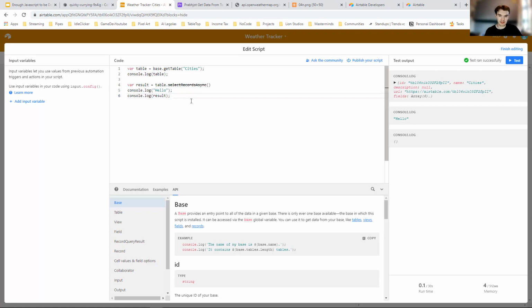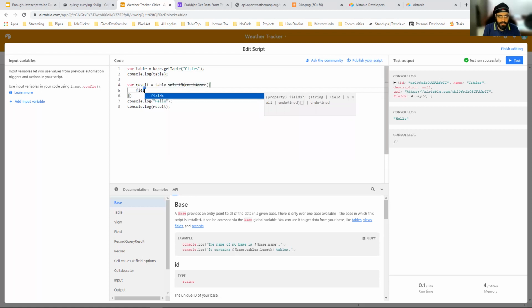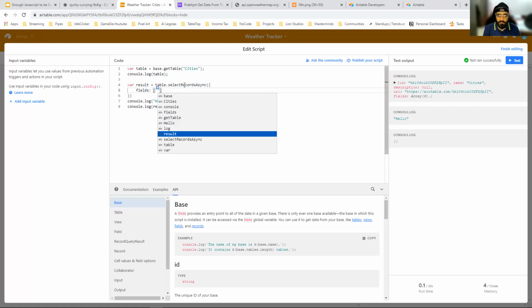Roy asked, why does it have a strike through? Oh, right. Okay, so it definitely makes sense though. Basically what this select records is doing is getting all the data of your Airtable table, all the fields. They have deprecated this. Whenever you deprecate something, it shows a warning, and deprecation basically means that in the future they will remove this function or have some sort of important information on it. So they now require you to give the fields that you need out of the table, and when you give the fields, it will remove that.